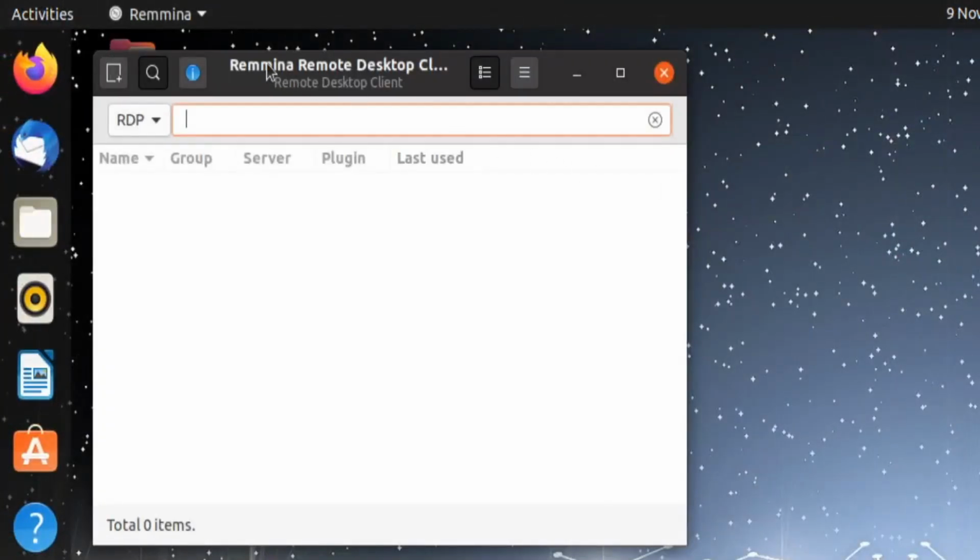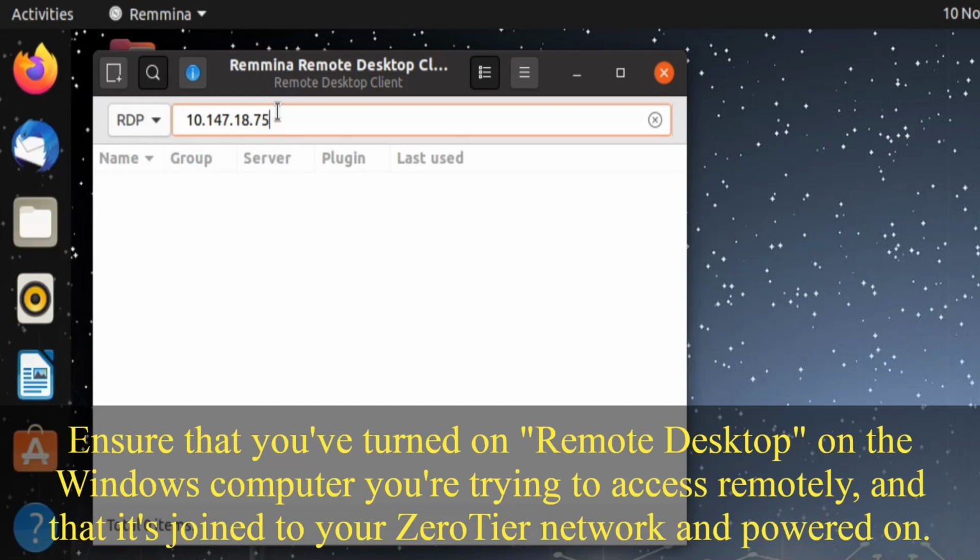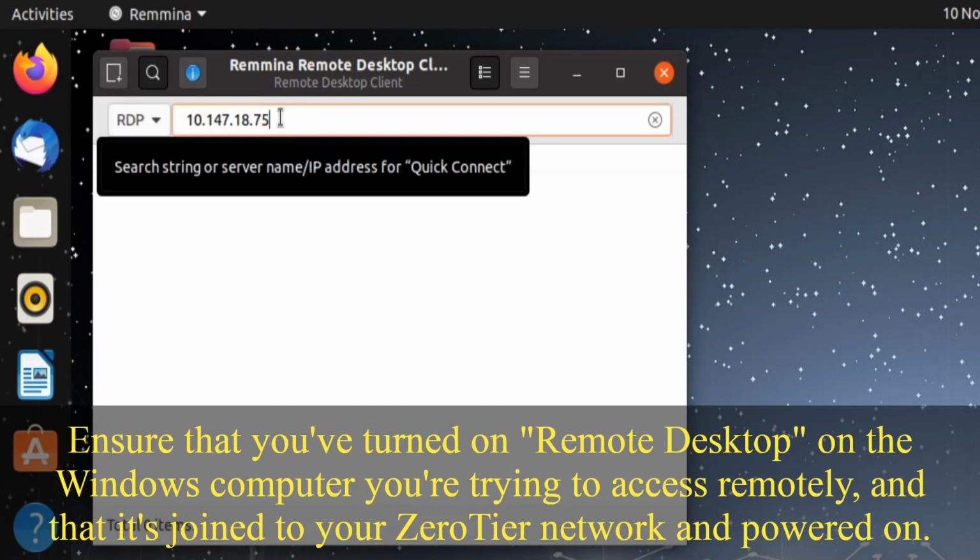As it tells us, Remmina is a remote desktop client, and even though it's a Linux application, among other things, it supports Microsoft's Remote Desktop protocol, so make sure that RDP is selected and then enter the virtual network adapter's IP address of the Windows computer that you want to remotely access. For me, that's 10.147.18.75. If you're going to be connecting to the remote computer on a regular basis, you could click on the New Connection Profile button, but for now I'm just going to go with the Quick Connect option and press Enter